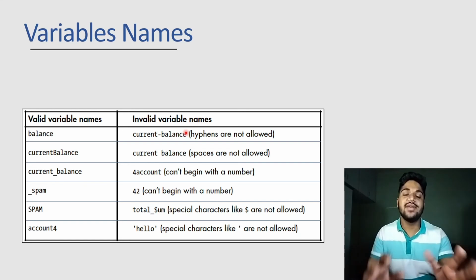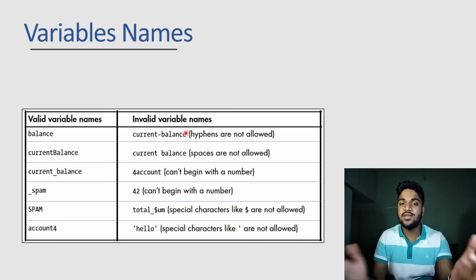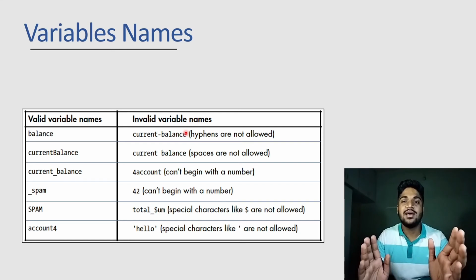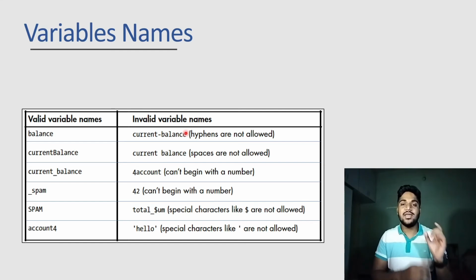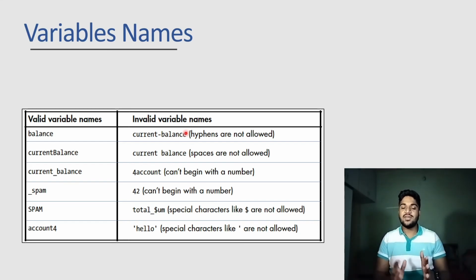Now let's talk about variable names. Variable names are the names we give to a box, let's say a box in memory, for example. The name should have some relatability. Let's say if I'm storing my username inside that box, the variable name should relate to my username, and should be specific to that task. Let's say I want to store my phone number, then I will name that variable phone number. If I want to save my age, I will name that variable age and store my age in it. So we should be specific with what we want to save.